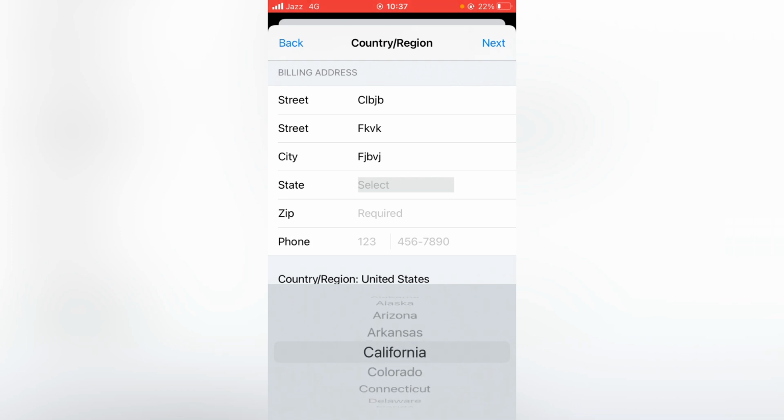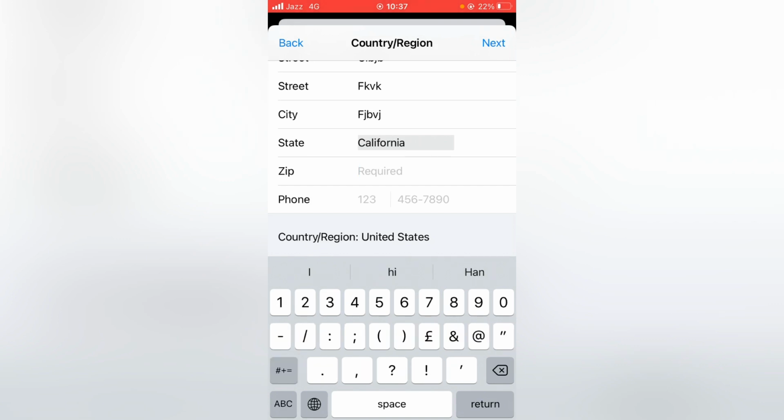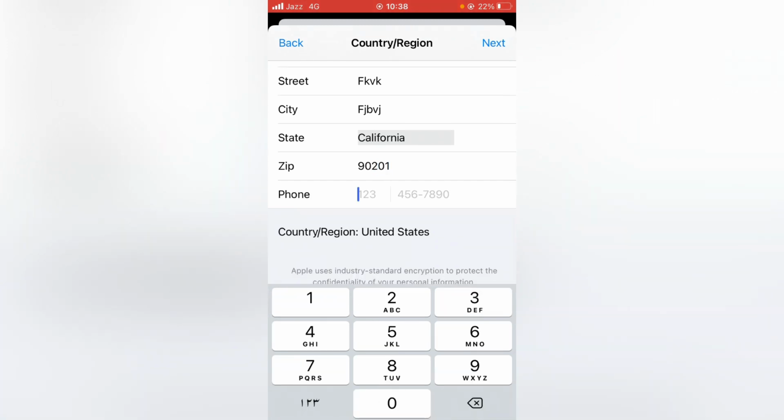I'm selecting California here, and here you have to give the zip code or postal code for your state or country. Each and every country has its own postal code or zip code. So if you don't know the zip code of your country, you can search for it on your Safari app or any browsing app, and then type your zip code here. The zip code for California is 90201, and then here put your phone number. You can put a fake one and then tap on Next,